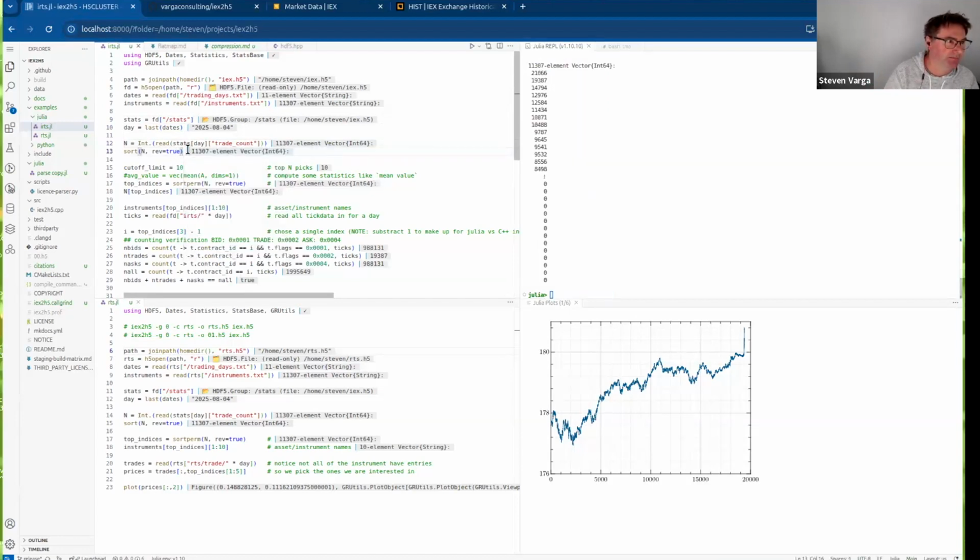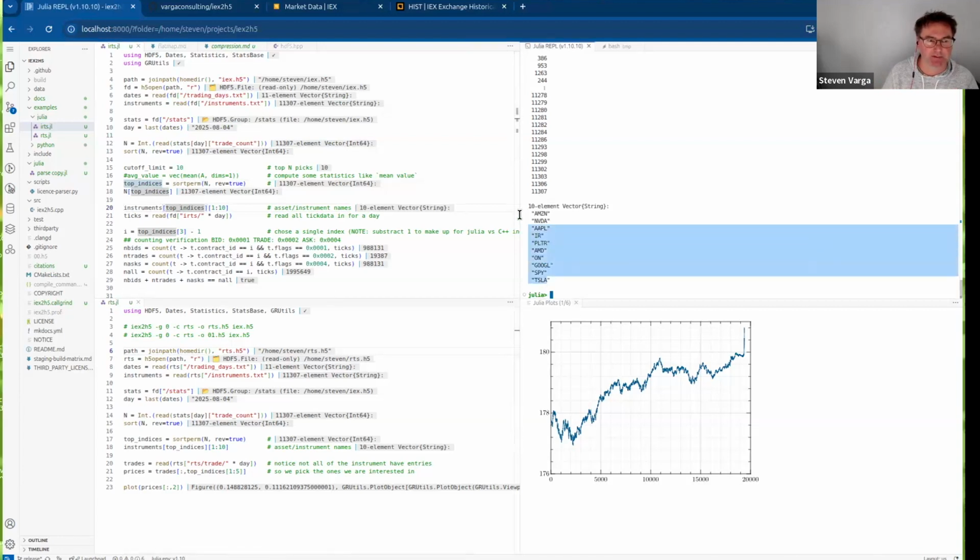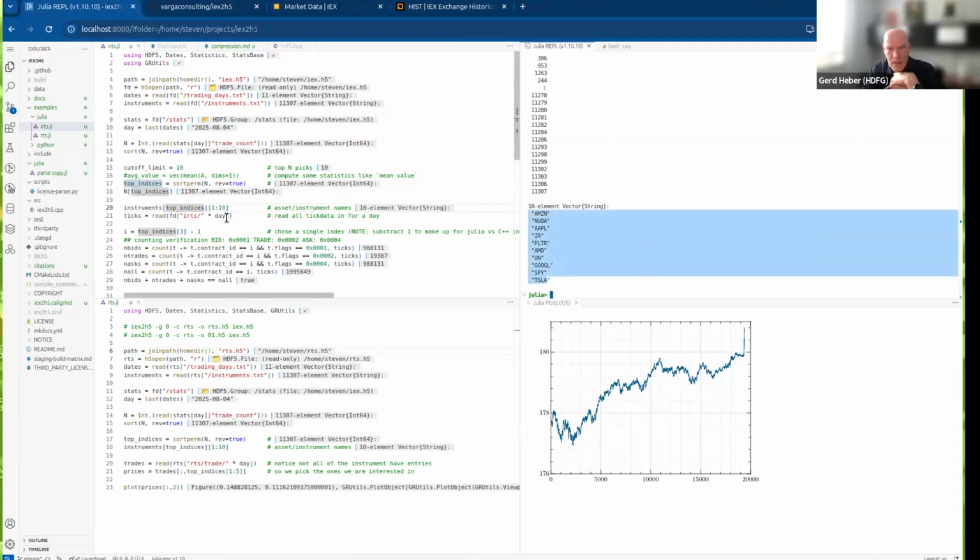We could sort them and pick out the top indices, which we could be interested in. And then somehow we could use the indexing facility to reverse map it back to names. So we would get something more informative to us,